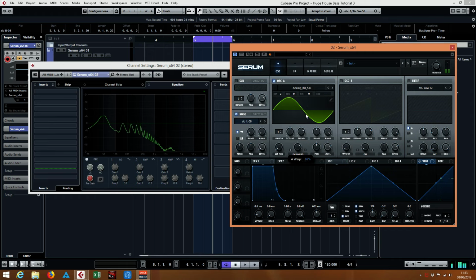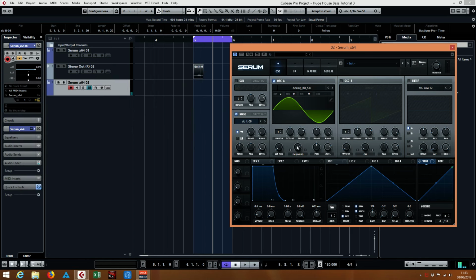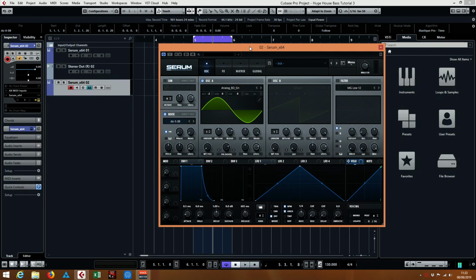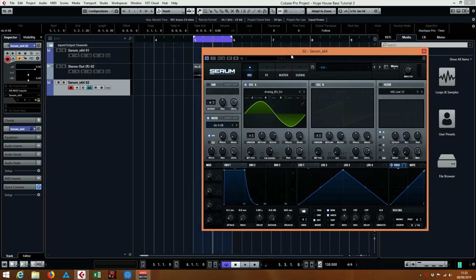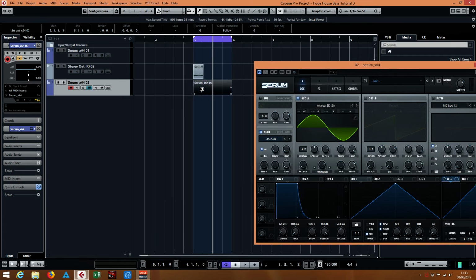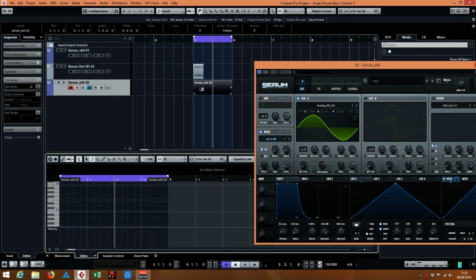So I'm going to set this to 75. Sounds pretty good. 75% is the level of warp on the frequency modulator. Now I'm going to resample this. In Cubase, you just render it down. I'm going to do it on the note of G, and I've got that nice little bit of tail, so that when I